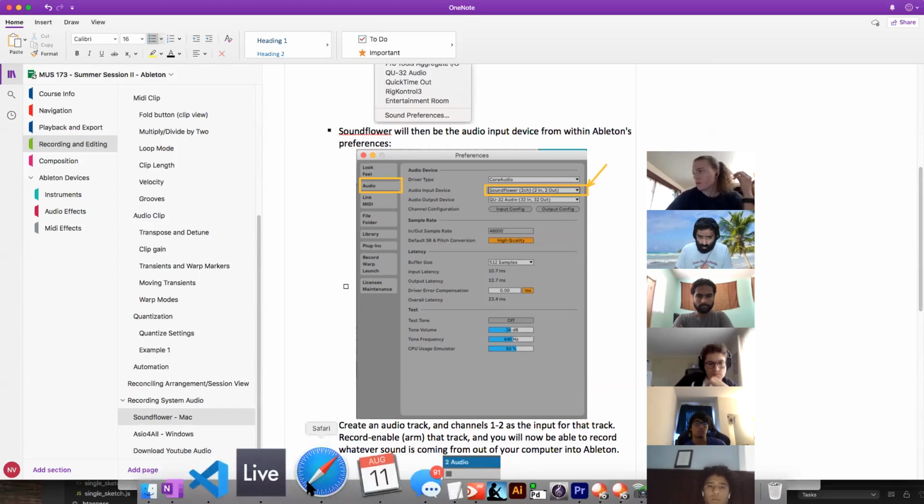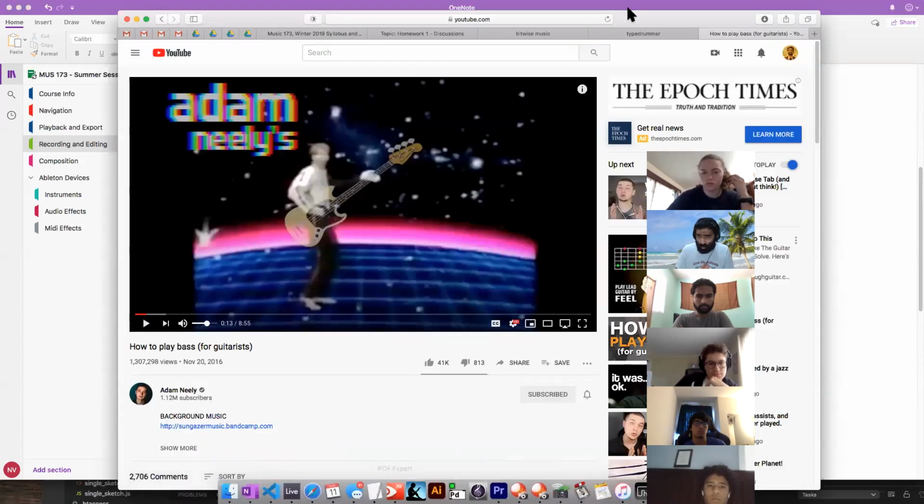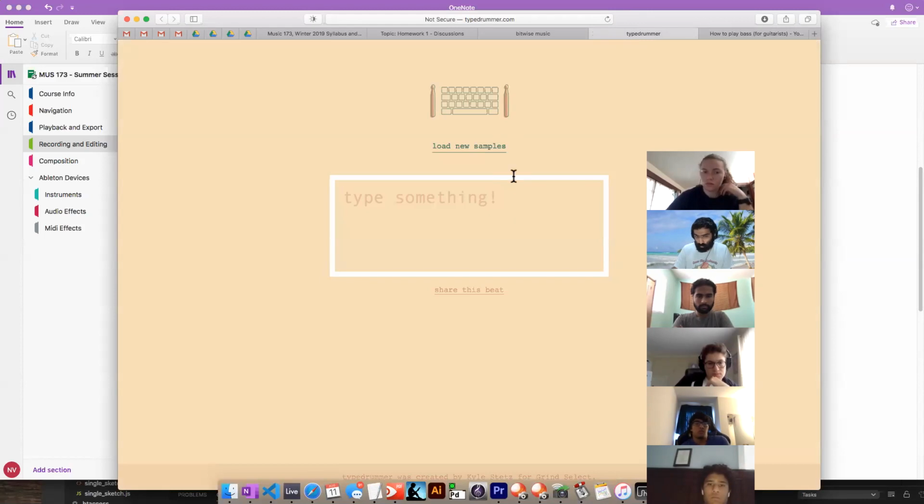But there are other situations, like if you're on some other website, or there's a Facebook video, or there's something else that it's more difficult to download unless you know JavaScript, and you don't want to. It's just a workflow preference thing. Like, for instance, this would be impossible to source into Ableton unless we use Soundflower. So for instance, right now,